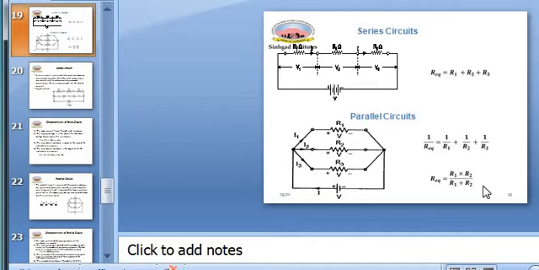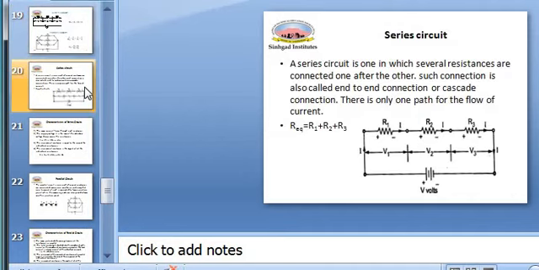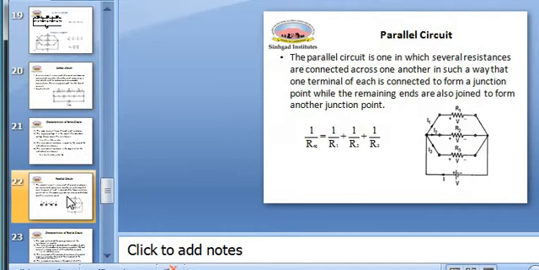Okay. What kind of mistakes students usually make while calculating this R equivalent is, you take 1 divided by R1 plus 1 divided by R2, but you forget to inverse it, since here it is 1 divided by R equivalent. Students usually use the equation R equivalent is equal to 1 by R1 plus 1 by R2, but it is 1 by R equivalent. Do remember this equation. Many a times you make mistakes right here. So this is what about the series circuit and parallel circuit. These are the characteristics which I have told you right now.